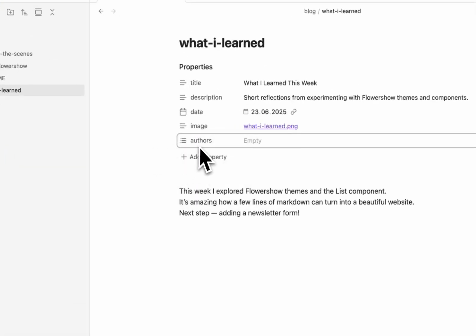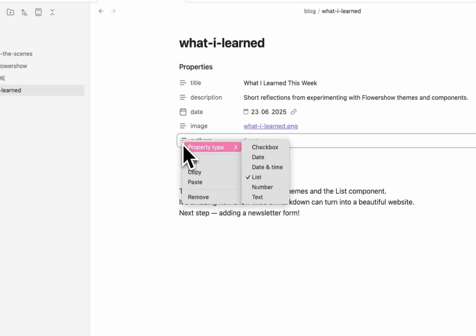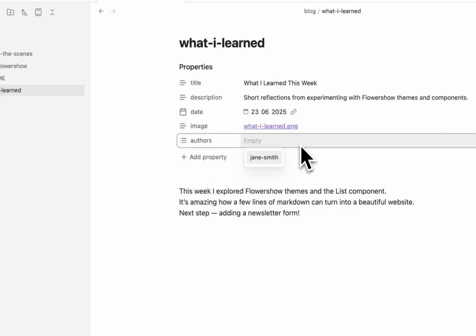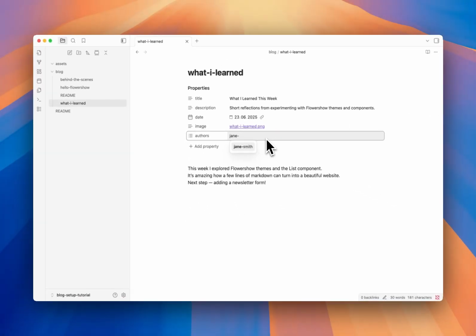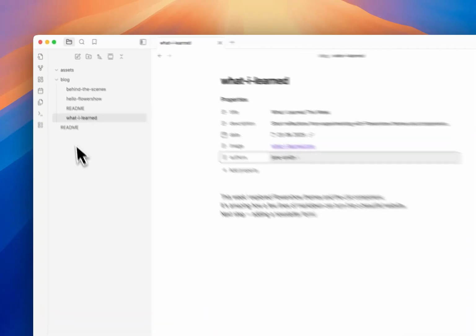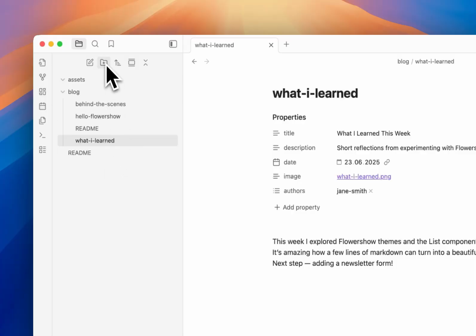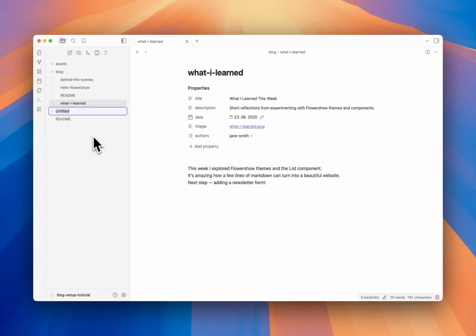And the author's front matter should be of type list, and we want to input here a list of file names of these authors. You can treat them as your author IDs. And so Flowershow now will look for a file with this name. So we want to create one. I'm gonna create a separate folder for this so that it's not mixed with the rest of my vault. I'm gonna call it team,